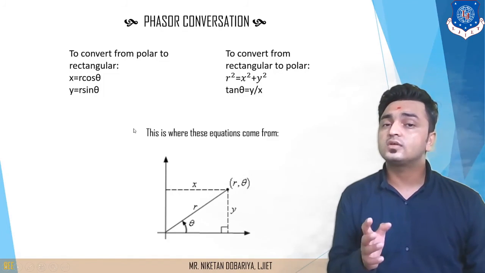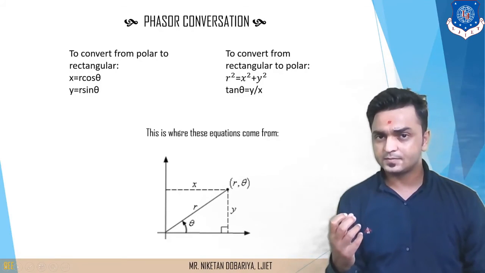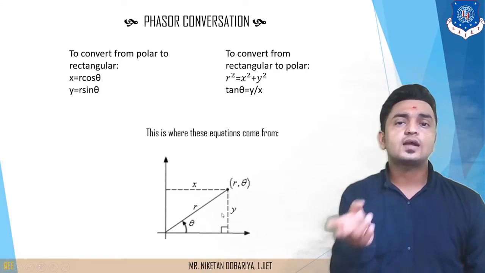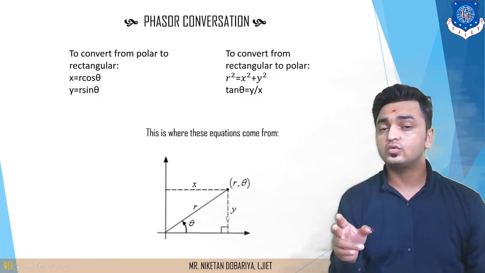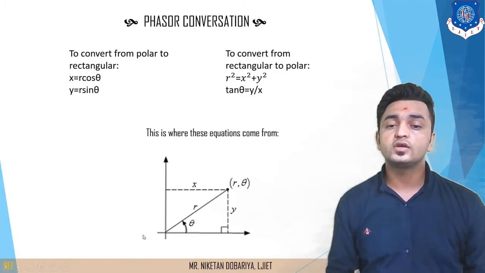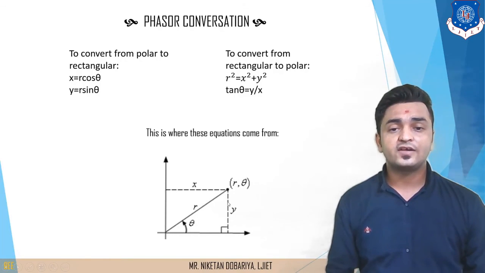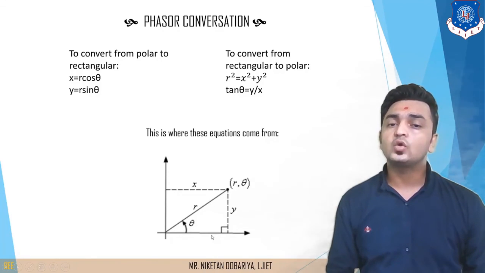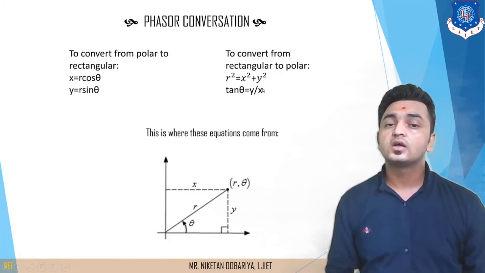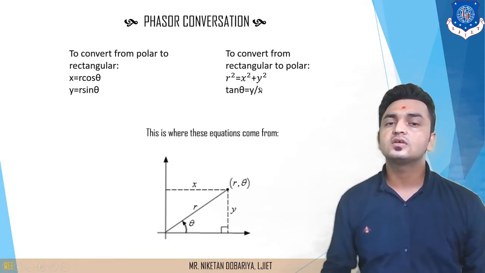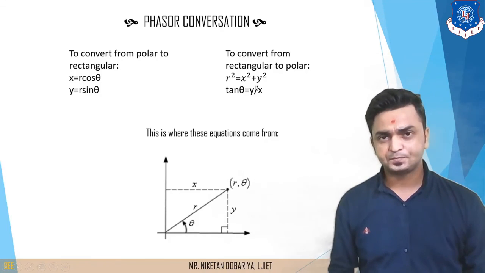In a similar way, let's suppose the x and y components are given, these values are given, and now we need to find out r and theta. So how to find out r and theta using these x and y values? Again, observe this triangle over here. If x and y are given and you need to find out this r component, this is the 90-degree angle over here. So the value of r is going to be the square root of x square plus y square. Here we have considered r square, so that's why the square root is not considered over here. So r square is equal to x square plus y square based on the Pythagoras theorem.